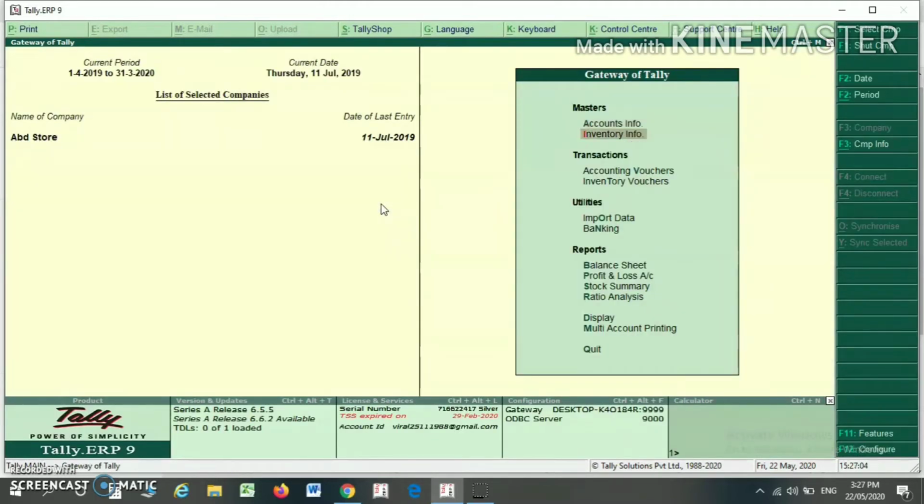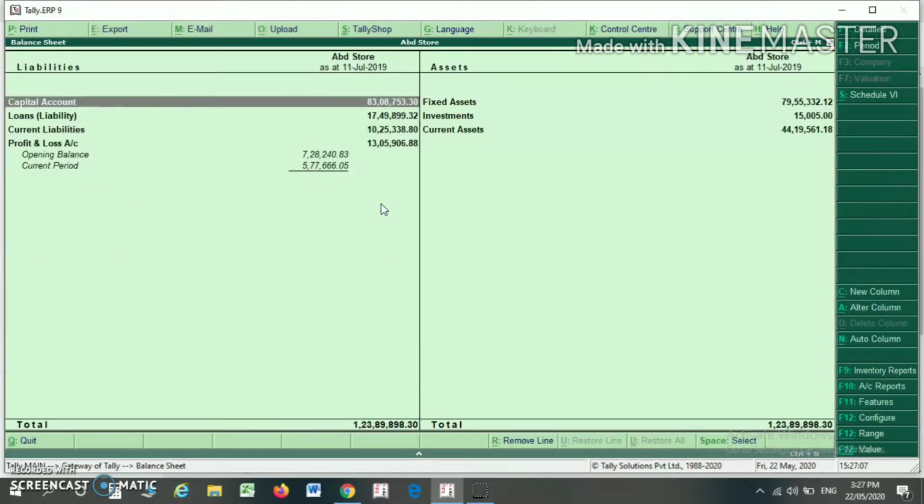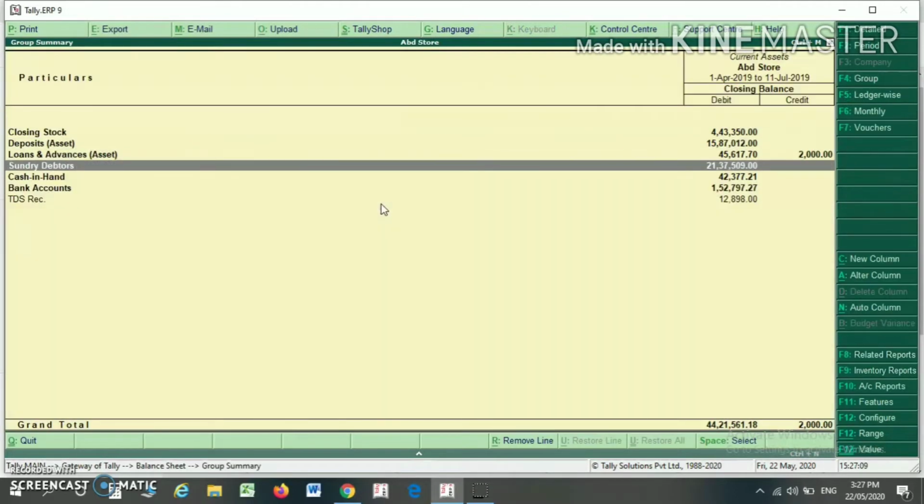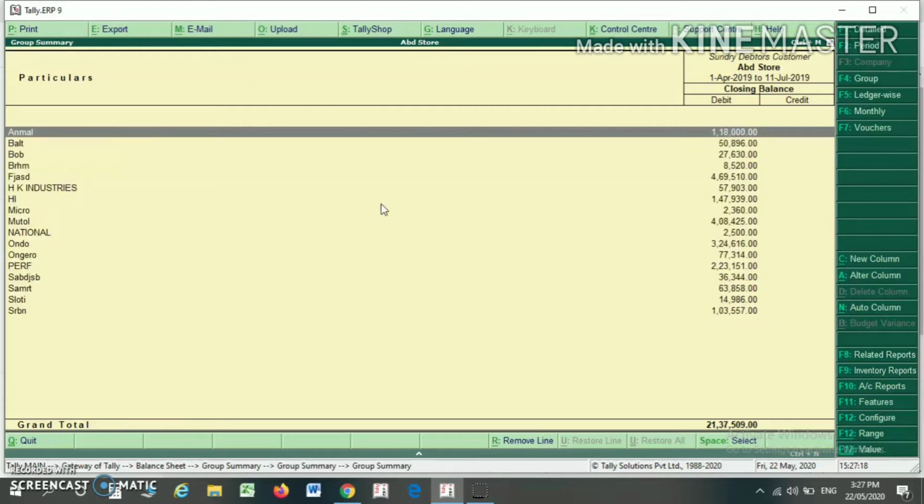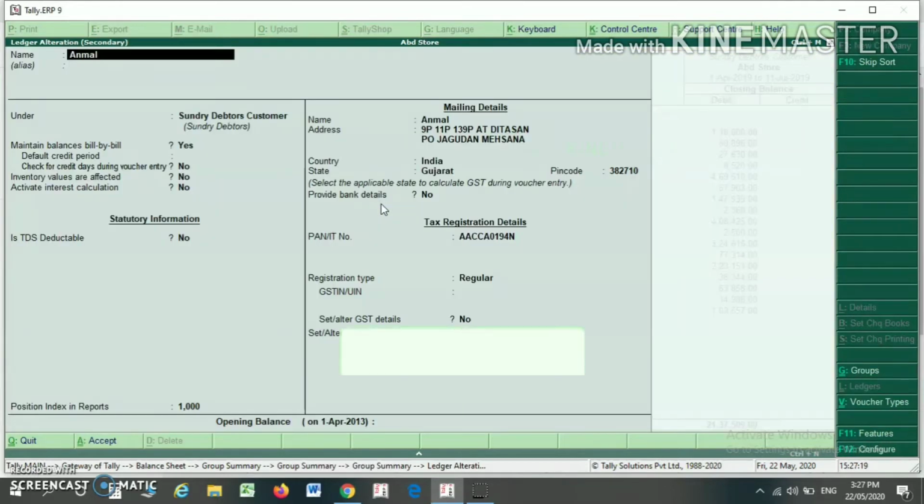After that, for whatever ledger you have for your debtors or creditors, or for a particular group or a particular ledger for which you want to see your bill-wise report, you must alter under each ledger whether you want to maintain balance bill by bill or not.